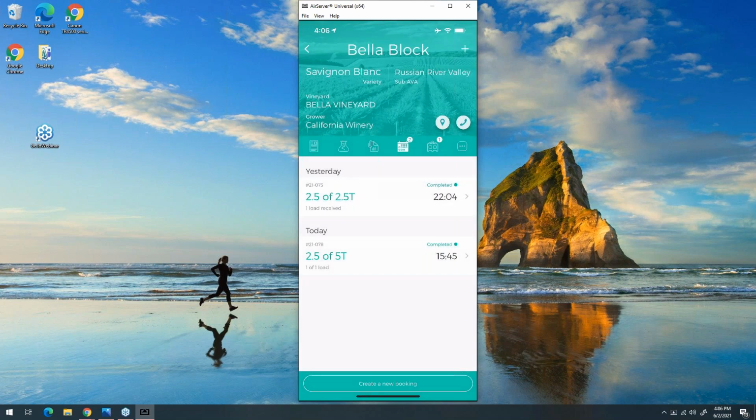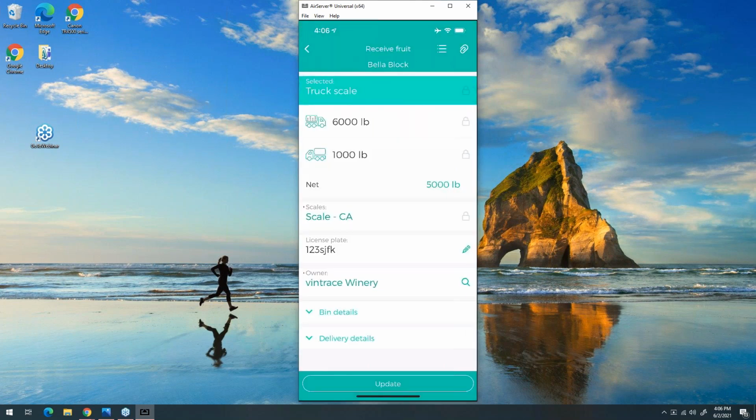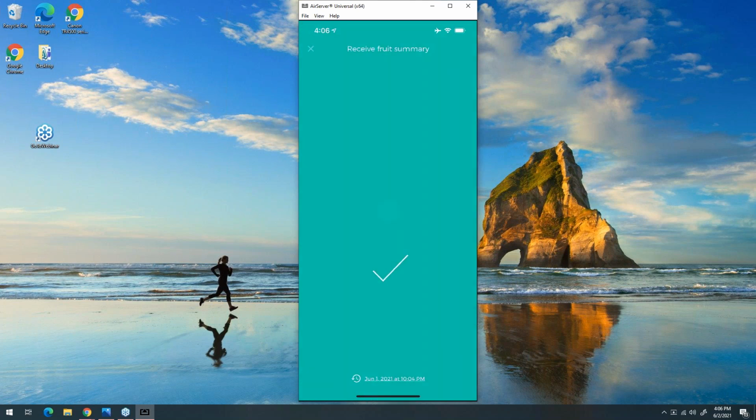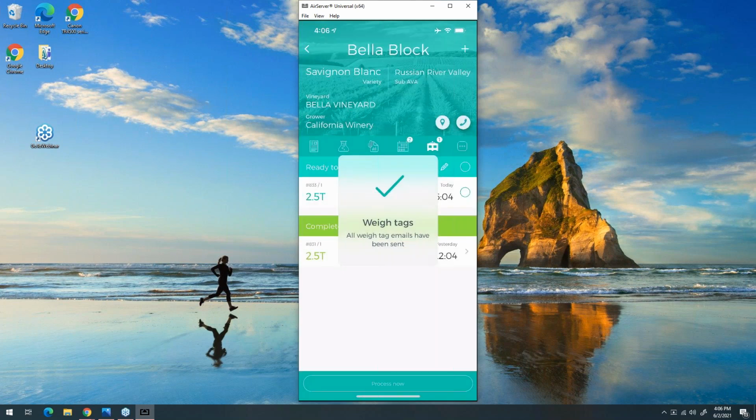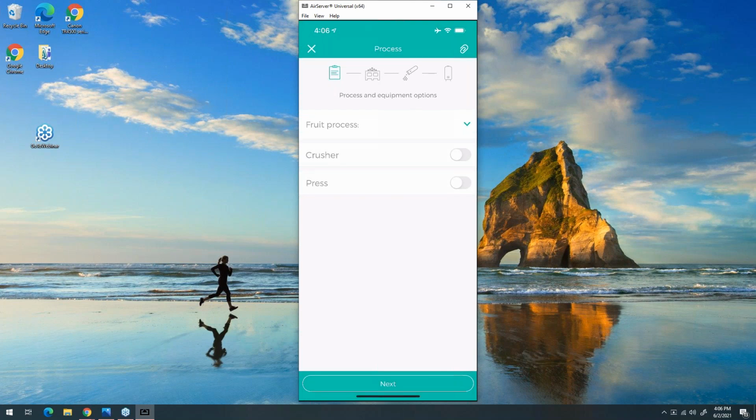All right, so now we are ready to process the fruit. So I will go to the bin with the grapes, and I'm ready to process the fruit now. I'm selecting, oops, just kidding. I've submitted this twice. Process, there we go. So this went into a press, and next, it's 2.5 tons. Yes, next. And now I want to place it into,